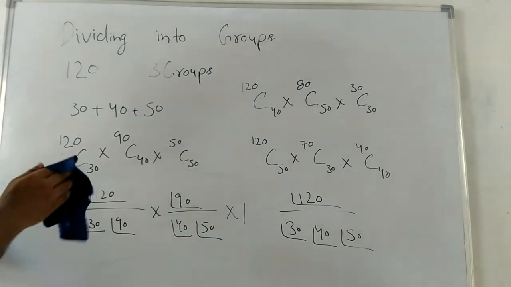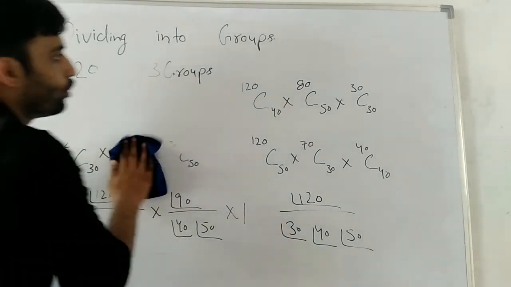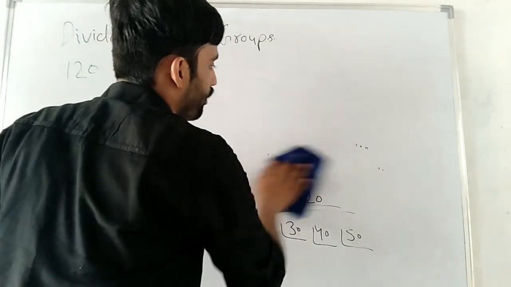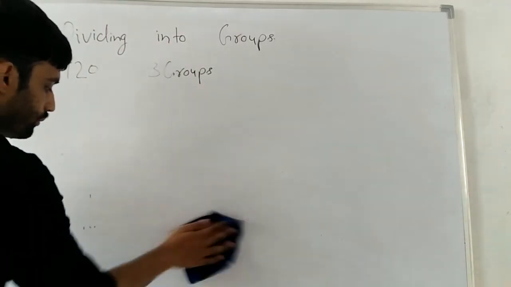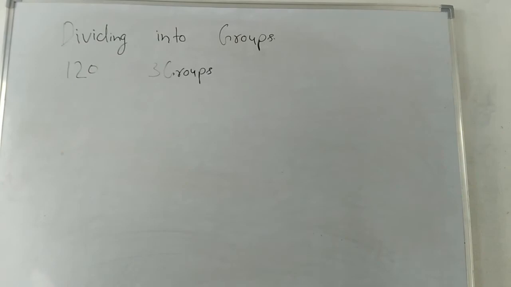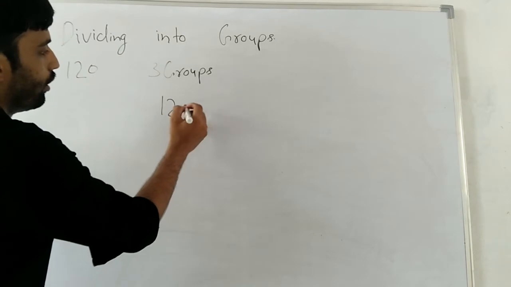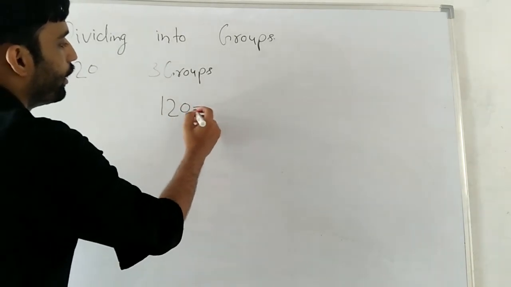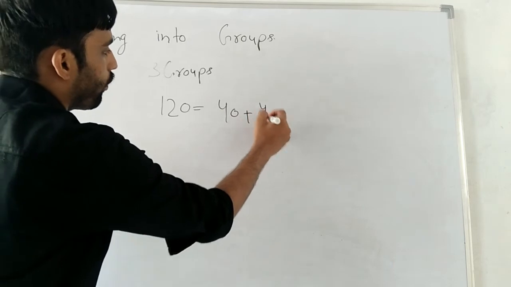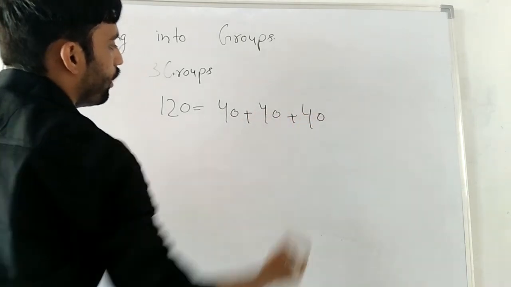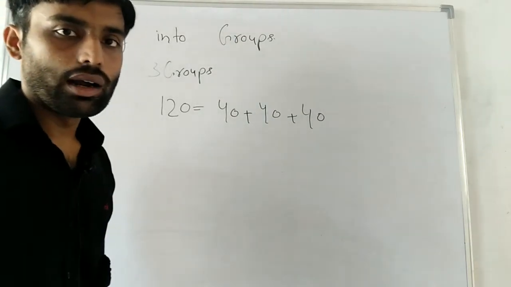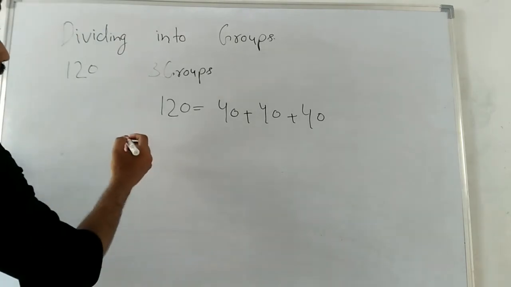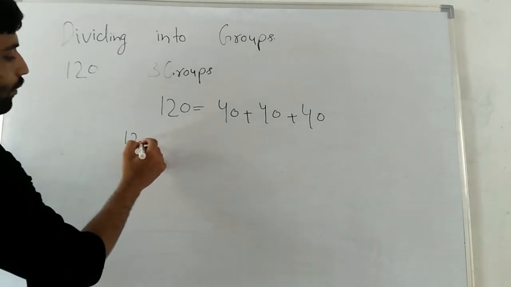Now going to the second way of dividing. First of all, I have to rub the whiteboard because there is no space on the whiteboard. We can divide them in three equal groups, like 120 can be divided into 40 plus 40 plus 40. If these three groups have equal students and these three groups are identical, then we can write them similarly